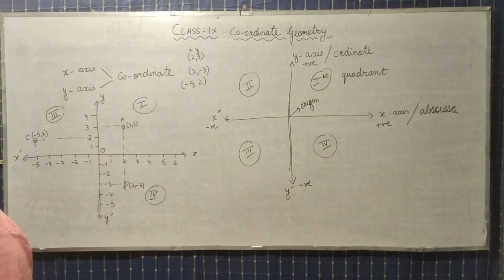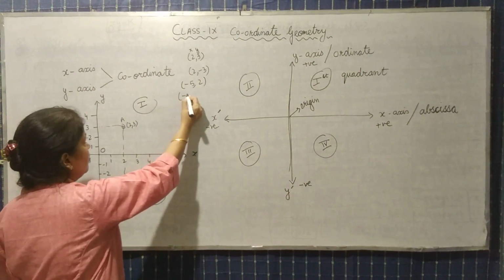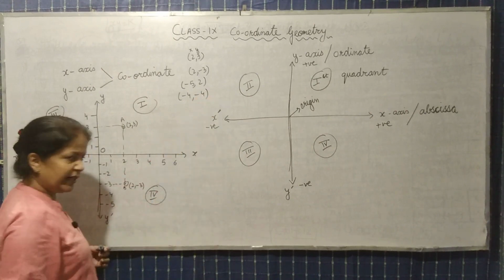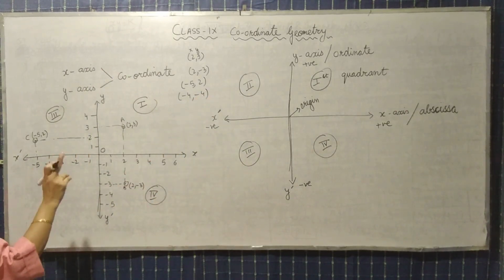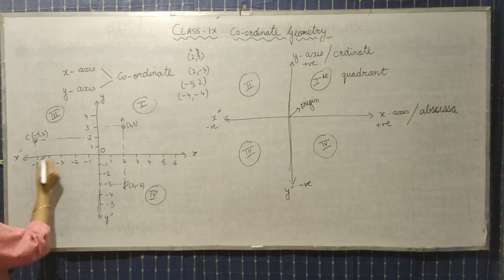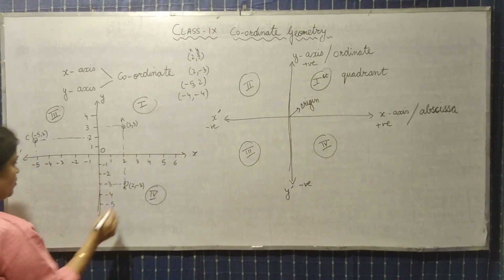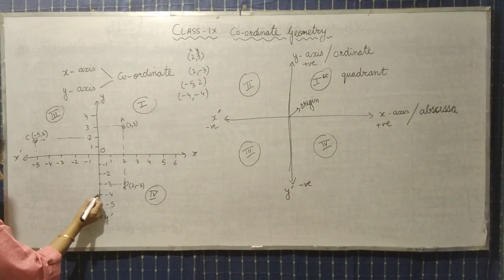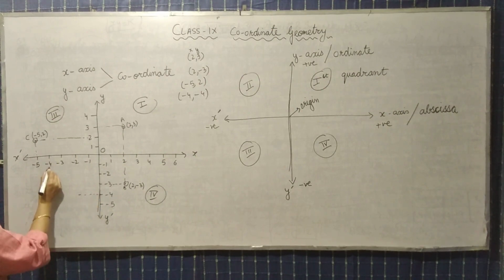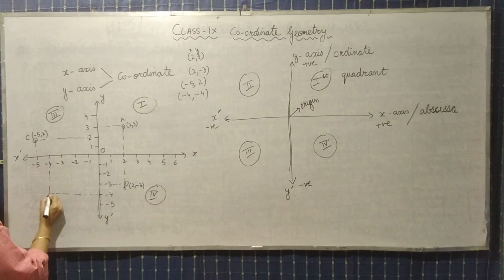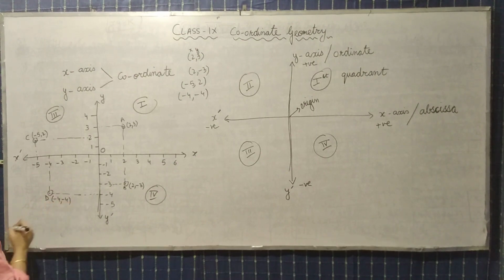Okay. Now, next, suppose that the value is -4 and -4. Let's try to plot this value. X value is -4 and y value is also -4. तो हम y के value -4 इधर है and x value is -4 is on this side. So here both the points meet. Let this point of intersection be D and here you will write -4 and -4. So this lies in the fourth quadrant.